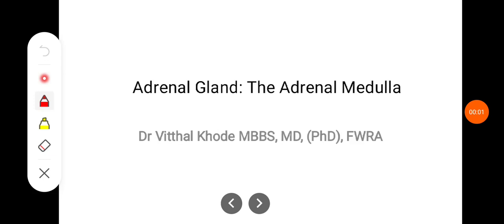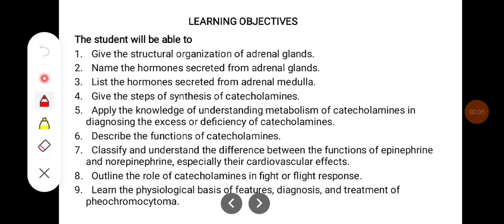In this class, we'll try to learn about adrenal medulla. The learning objectives of this class will be: give structural organization of adrenal glands, name hormones secreted from adrenal glands,